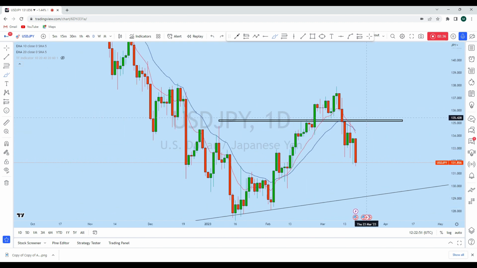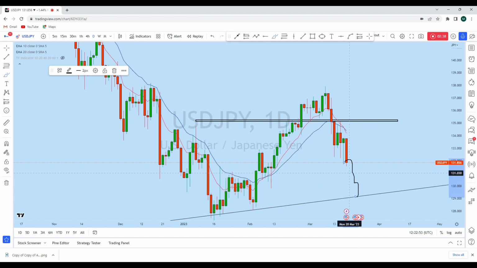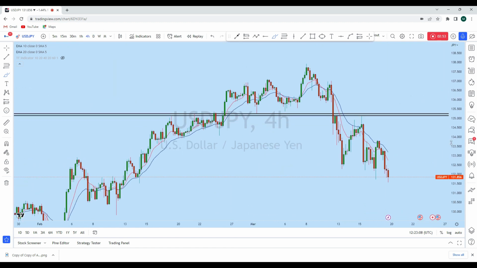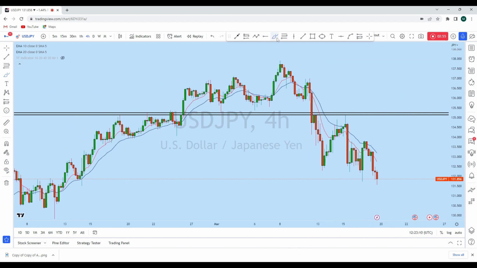What we can expect now is for this price to continue to drop, as it is already an established downtrend on the daily as well. Impulse, correction, tested the neckline of the previous resistance, support as resistance, and we can expect another drop. Now if I look at the lower time frame, we can see that there is a clean